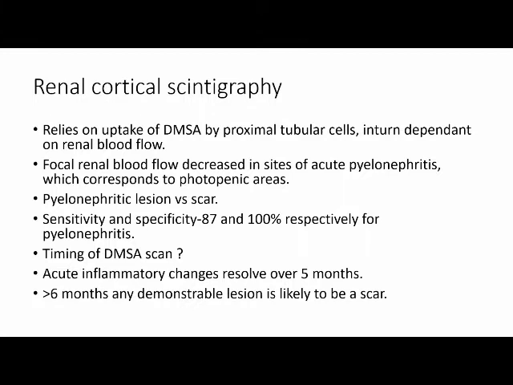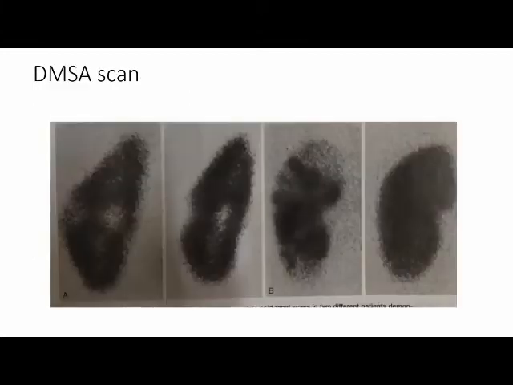Another doubtful thing you will have in mind is how to differentiate between a pyelonephritic fossa and a scar. This has been discussed here. This is the DMSA scan picture. In the pictures labeled A on the left side of the screen, you see that the reniform architecture of the kidney is lost, it is not maintained. And in the second picture, you can see a concavity on the outer surface of the kidney. This happens when there is a scar. The outline of the kidney itself is changed, and there is a concave defect on the outer surface, which is seen as a photopenic defect.